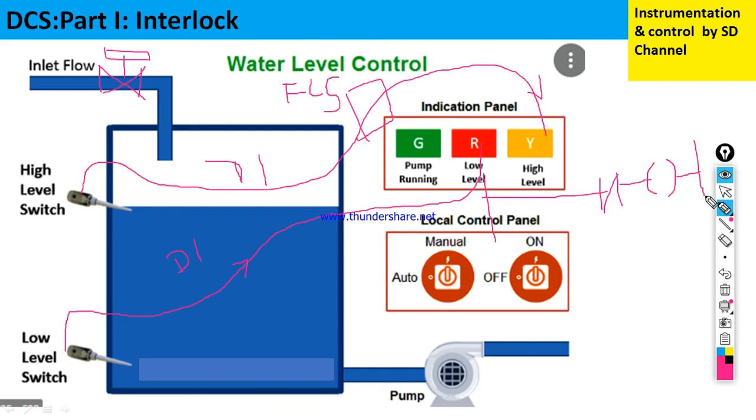So I am giving the basic fundamentals of the DCS in this video. I will explain the hardware part in the next video, the components of the DCS, what the basic components of the DCS are, all these things I will explain. Then I will go to the programming part also: how to program a DCS control, how to make a control loop, how to make an open loop, how to make an interlock system, how to assign tags, all those things I will give you step by step.